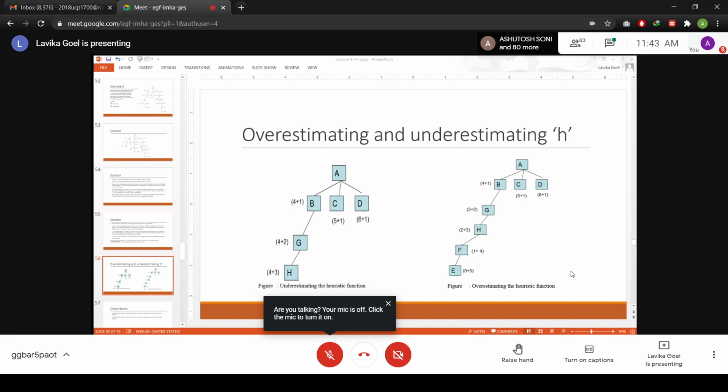So you will proceed on G only. So when you proceed on G, you will generate H. Now H has got a heuristic value of 2 and G value of 3. So total value 5. So again, it is equal to or less than C and D. So you proceed on this path only. So finally you regenerate F. Now F is also 1 plus 4.